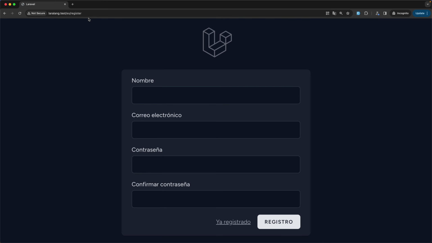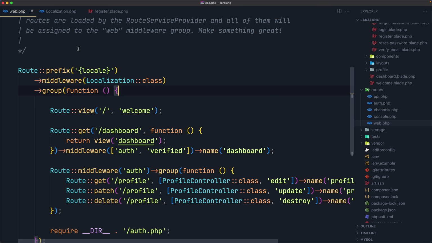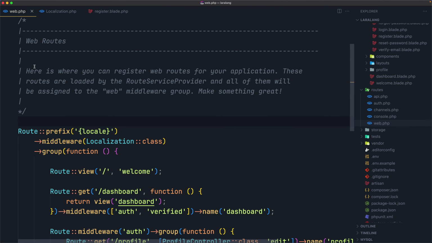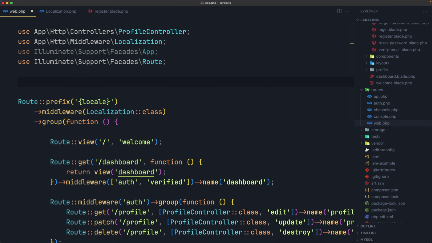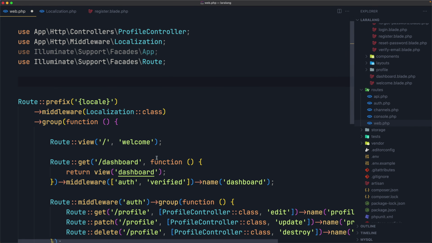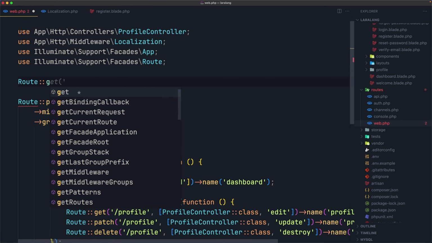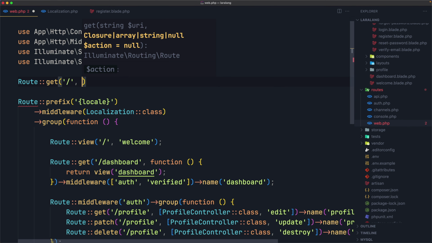Okay, now one more thing I want to do in this video is if I navigate to the home page like this, we have 404 not found, and we have this 404 not found because we don't have the locale first segment. For that, what we need is go in the web.php, and let me just remove this one, and I'm going to register a new route. And if we don't have the first segment, I'm going to redirect and add that segment. Okay, so let's say Route::get. So when we navigate to the slash,